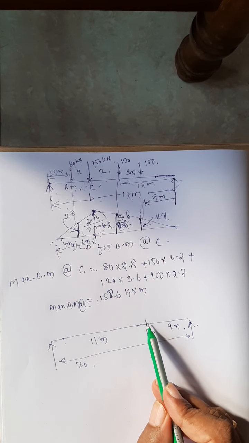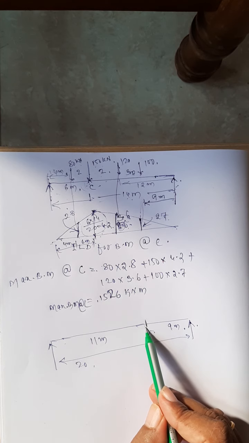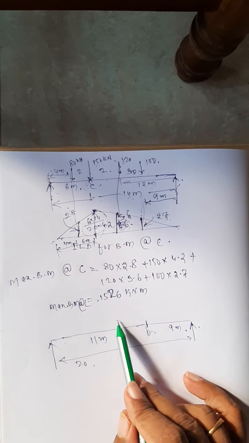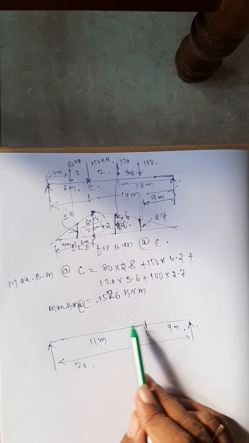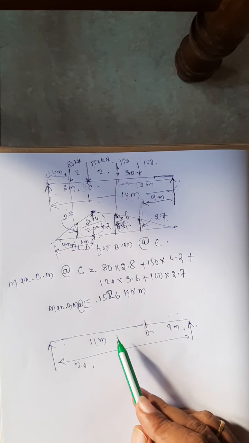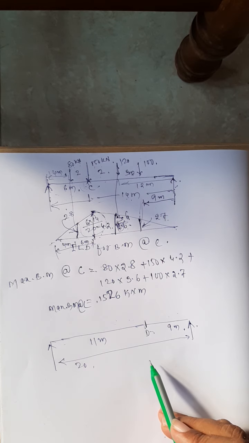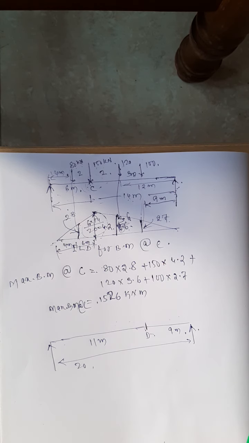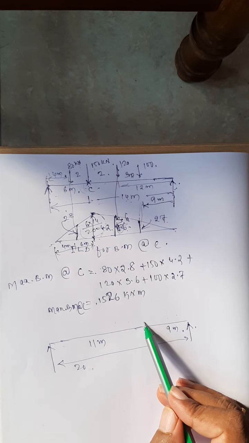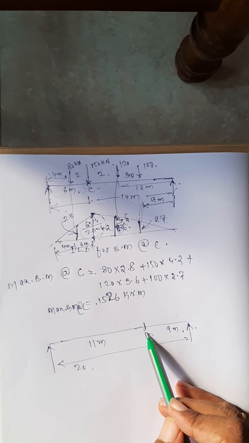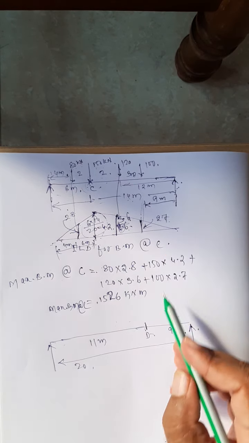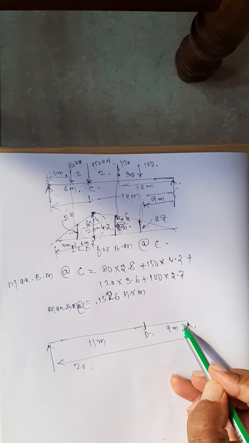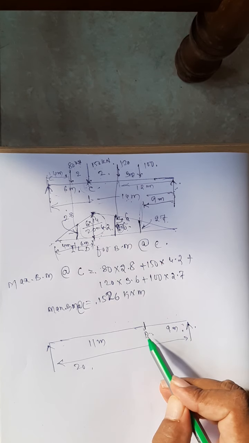So what was the rule? To get the maximum bending moment at any point, you need to shift one load by one load from the left to the right and see when the average load on left and right changes its sign. Already you have done the calculation for that one, and at this particular location we got that when the 120 kilonewton load crosses D, we are getting the maximum bending moment at the point D.